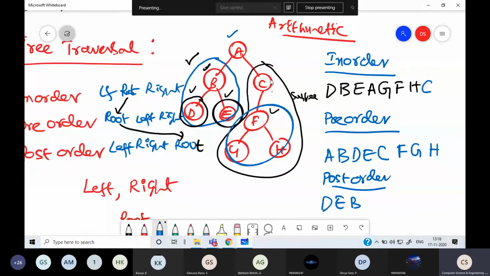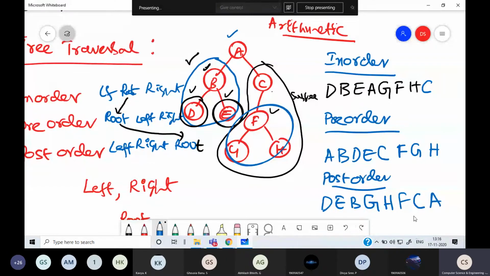Before we visit root, we have to go to the right subtree. So in the right subtree, again it's a tree. There is a root. Before we visit root, go to the left subtree. Again it is a tree. Before we visit root, go to the left subtree. So G is visited. Then after left, H is visited, the right subtree. Then after left and right is over, root is visited. So this left is over, there is no right. So left and right are over, then go to root, C. Then left and right are over for this full tree, then visit root.